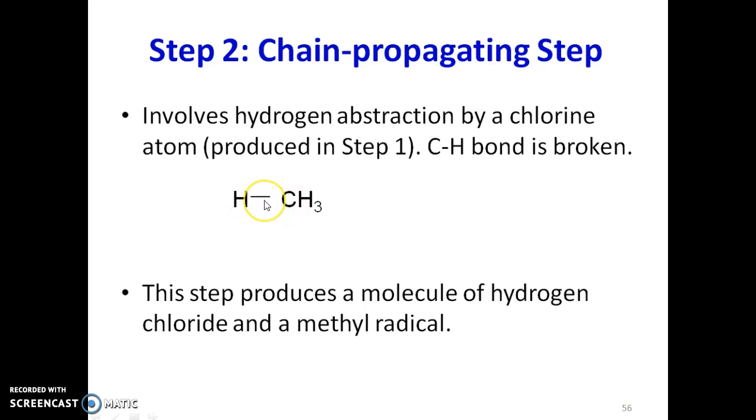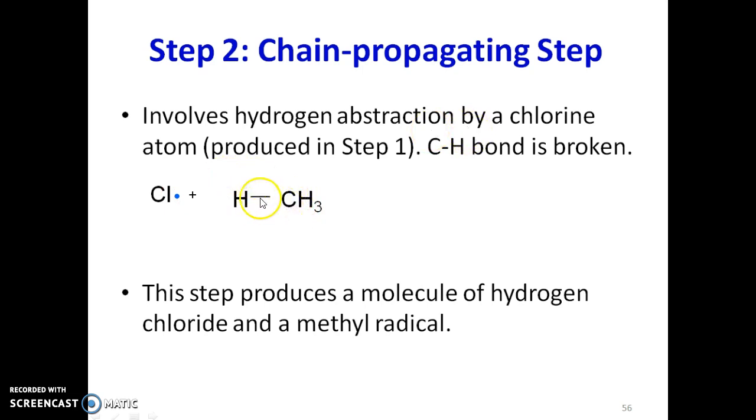So the C-H bond will undergo bond breaking. So we show the bond. We react with the Cl free radical that we produced in step number 1. As we know, the Cl free radical only has one electron. If we want to form a bond, it needs one more electron, because one bond is two electrons. So Cl already has one electron to form a bond, and needs another electron. Where will it get the electron to form a bond? From the C-H bond, because we want to